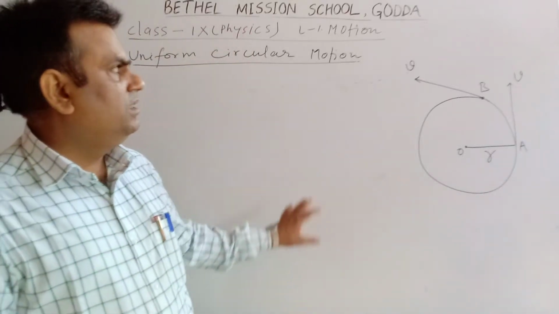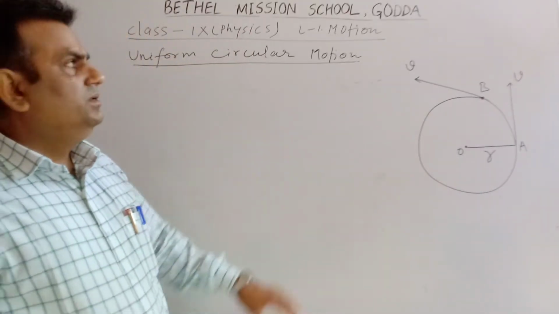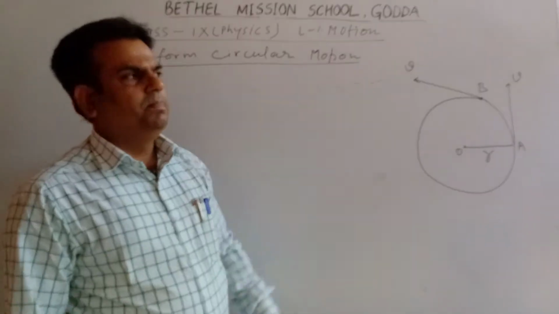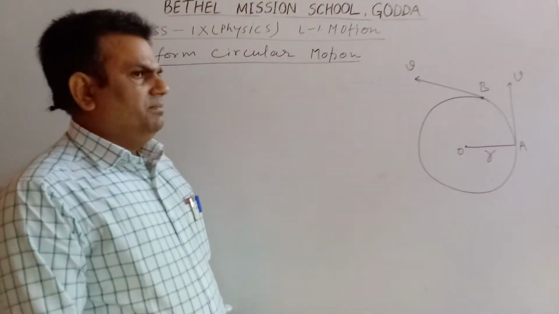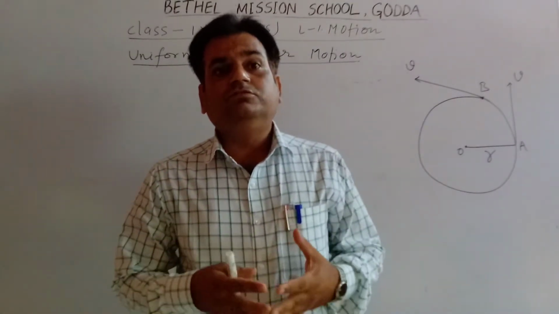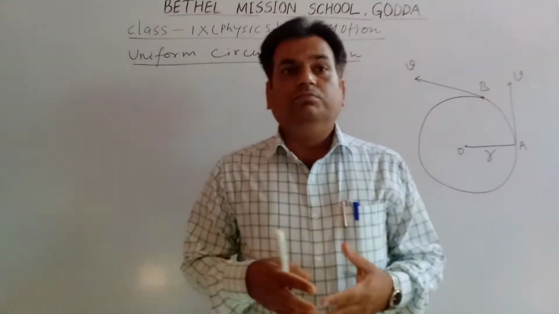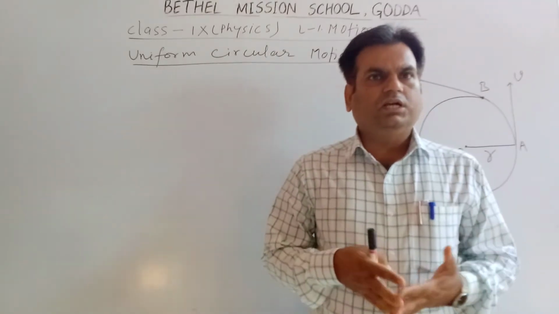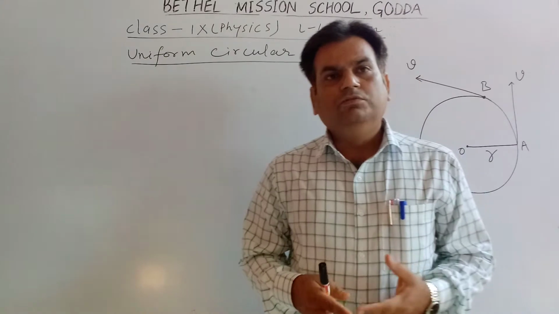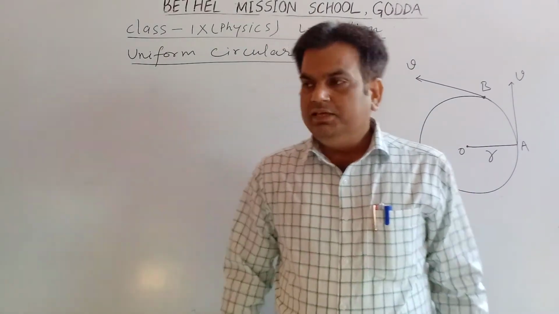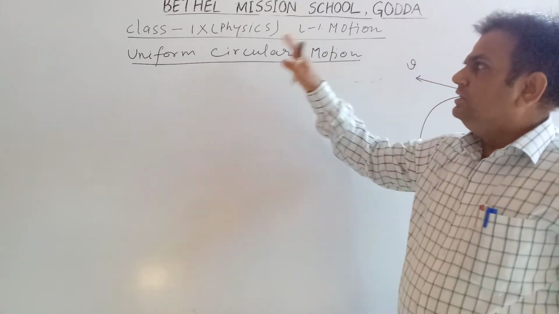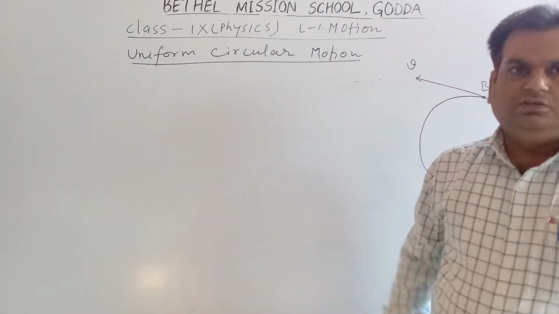Students, today I am Suman, and today we will discuss class 9 physics chapter 1, motion. This is the last part. In the previous part we have been seeing the different kinds of equations of motion. The first, second, and third equations of motion we have already proved by the graphical method. Here we will see the next topic, uniform circular motion.